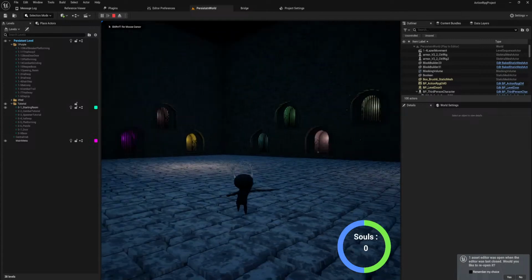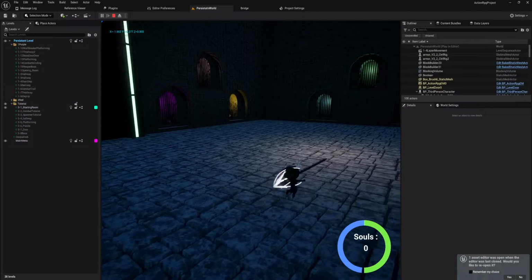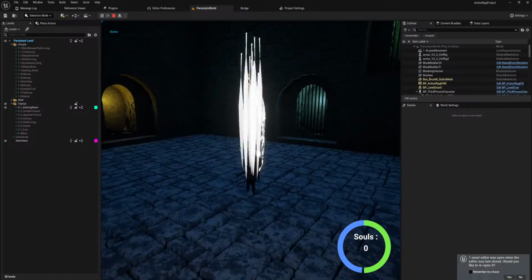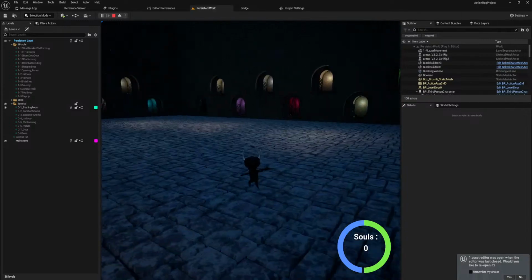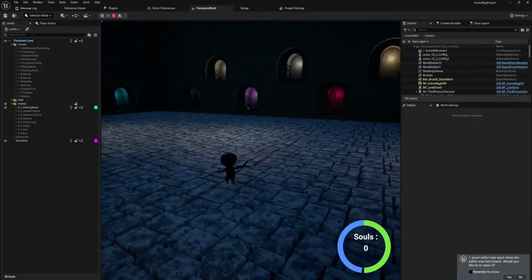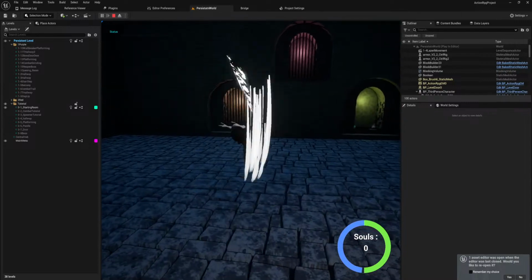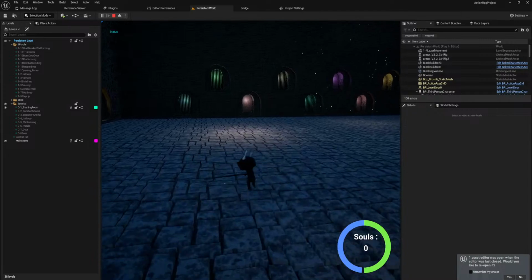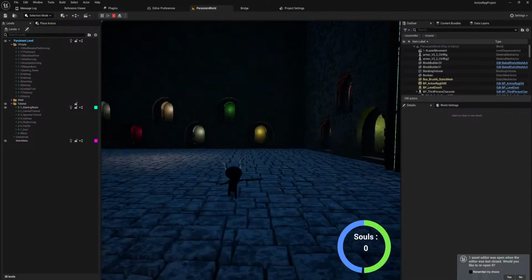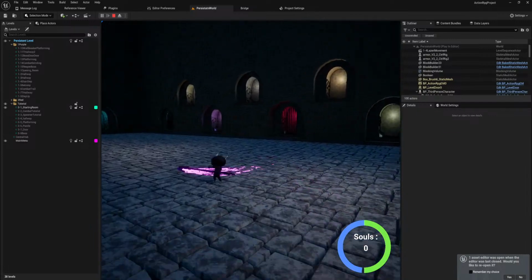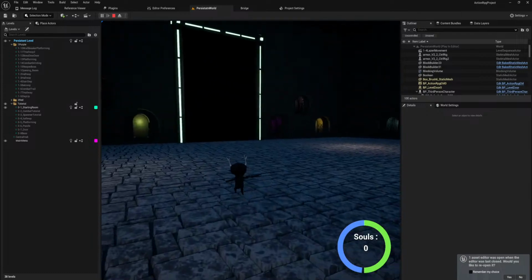Anyway, let's check. Yeah, so now I can walk around with my controller. So that's what we want. So I'm playing my game with my new DualSense controller now. And you can see, I think this is the first time I'm showing this on the channel, actually. I think I put a video up on the Discord. But I have some new animations and some new particle effects. So this is now my basic combo for the sword. The animations still do need a little bit of work in places. And obviously, the scythe still has these, well, those animations, right? So there's a little bit of work to be done there.